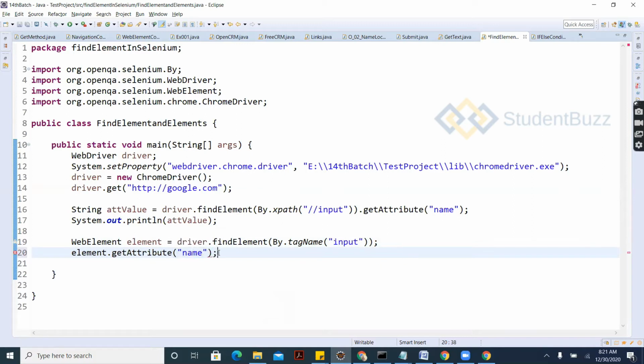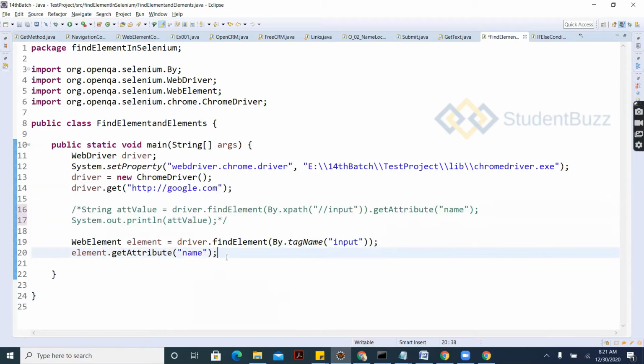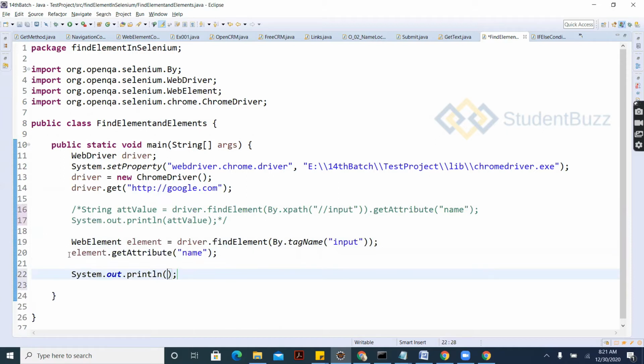Get the name, you can get it. This also is going to give you the same result. So you need to cache it into the string, value is equal to this. You can print the value.